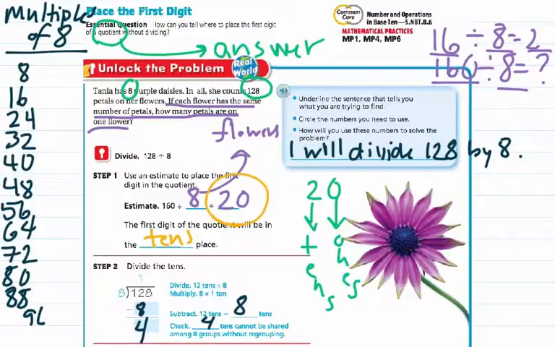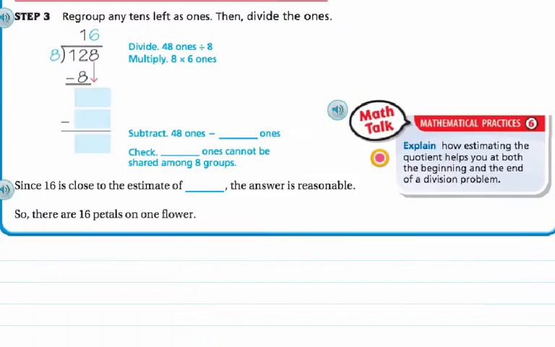4 tens cannot be shared among 8 groups without regrouping. There's just not enough to share. So what we're going to do is regroup. In step 3, we're going to regroup any left tens as ones. Then we're going to divide the ones. So here we had 12 minus 8 was 4 tens, and